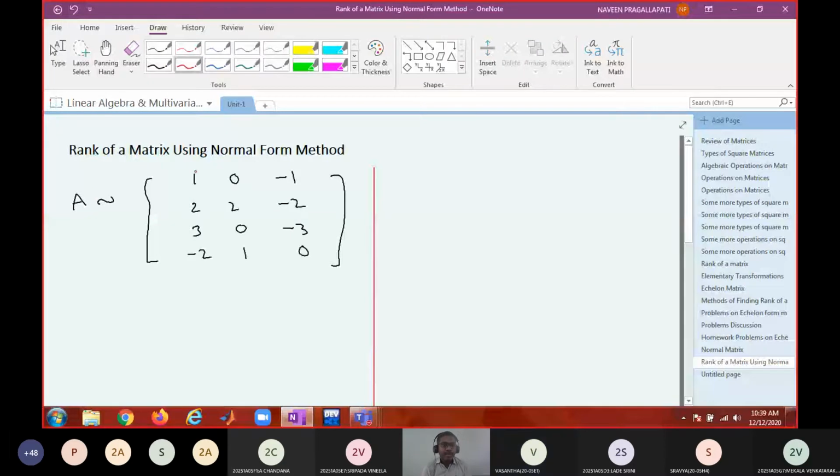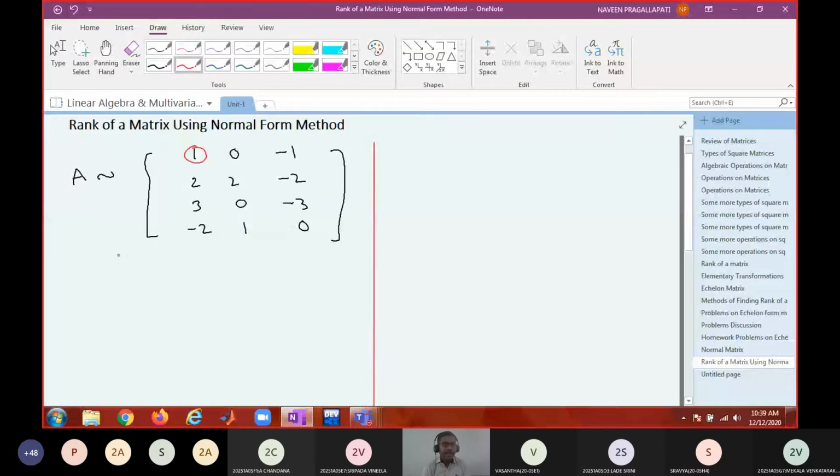Now this is our pivot. Now you have to apply row transformations. How many row transformations do I have to apply? I have to make these three entries zero, so three row transformations. Can you tell me those row operations? R2 gets R2 minus 2R1. R3 gets R3 minus 3R1. What is the last one? R4 gets R4 plus 2R1.